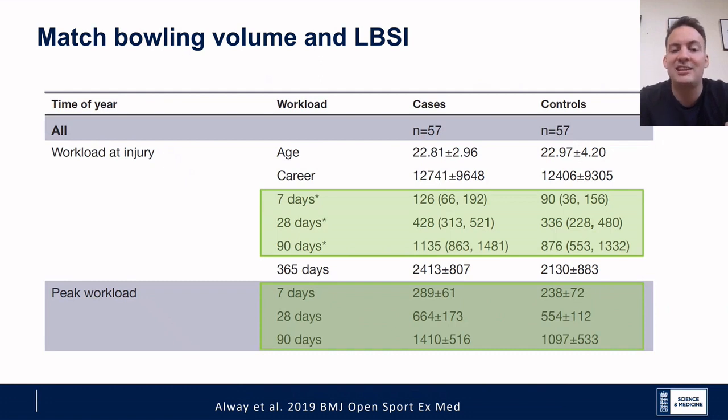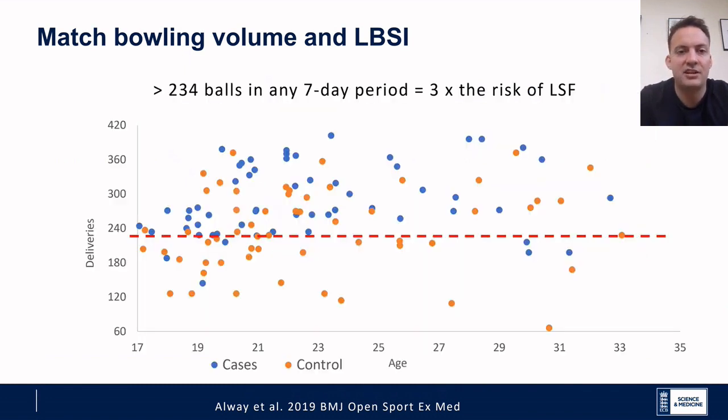So we found that at injury, 7-day, 28-day, and 90-day workloads, the fast bowlers who got injured had significantly greater bowling volumes than those who didn't get injured. We also found this when we looked at peak workloads in both 7-day, 28-day, and 90-day workloads. And when we ran this data through a regression to find the best predictor of lumbar bone stress injury, what